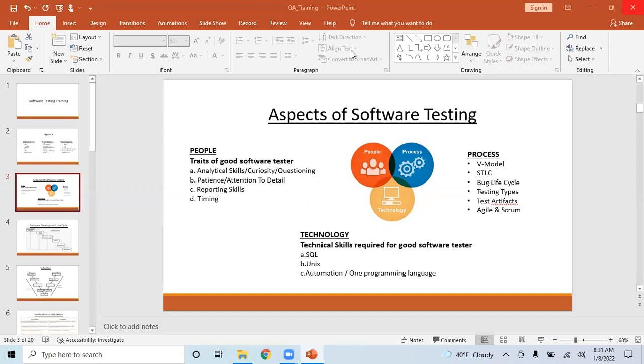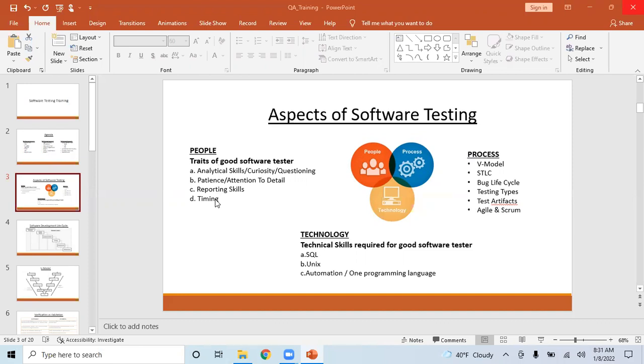As part of this session or workshop, we will cover all the aspects. Today and tomorrow, we will purely focus on process. There are no specific topics on people traits. It is something you have to acquire by yourself.